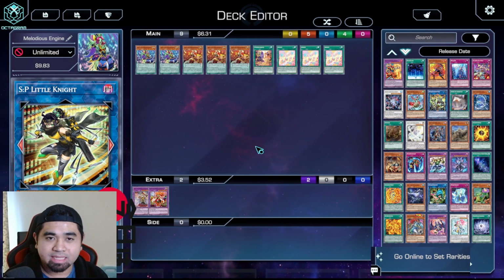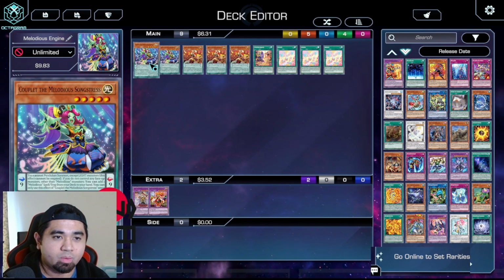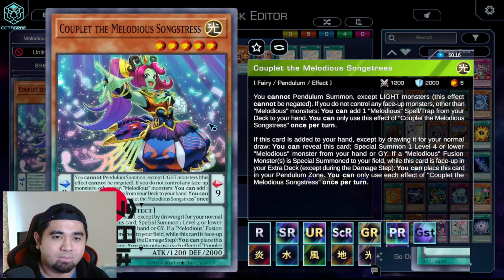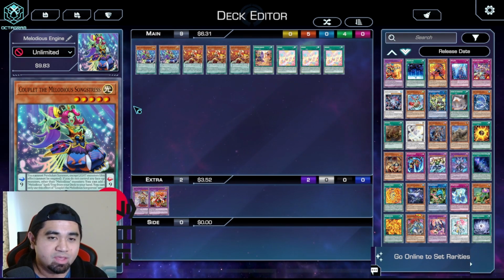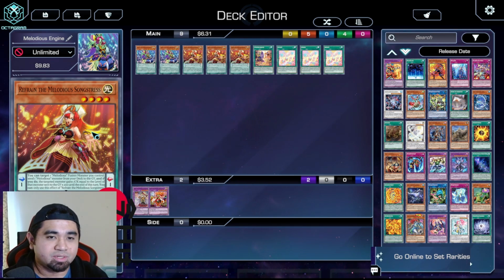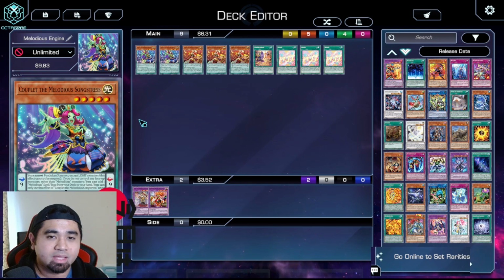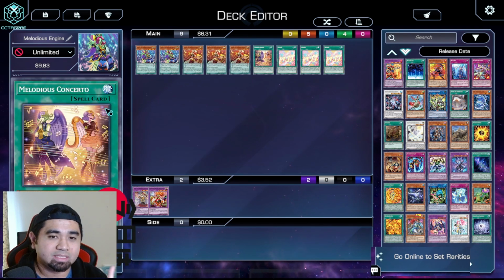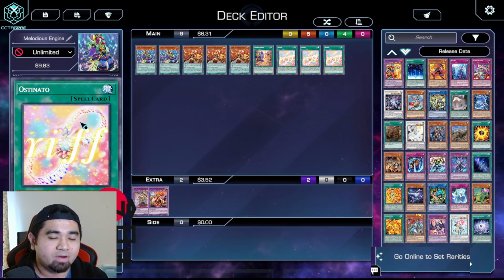Now the engine can be placed with 8 to 9 cards. 8 to 9 because the copies of Couplet can be managed with 1 or 2. If ever the second one will be in your deck, you can search that one out with a copy of Refrain. Refrain needs to be on 3 copies because this is your searcher for your Couplet. The Concerto can easily be accessed by the copy of Couplet, so just having this on 1 copy is pretty much needed. And then lastly, your Ostinato is one of your core cards for the engine, just to bring out a